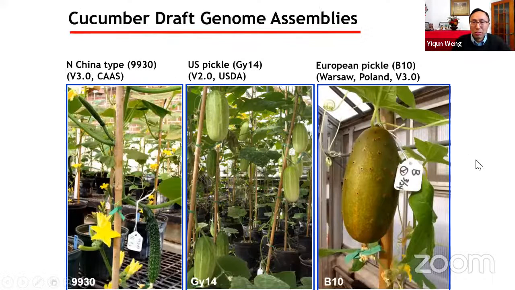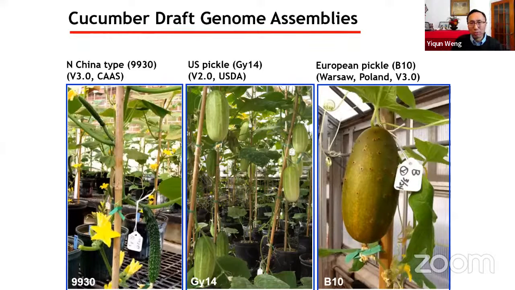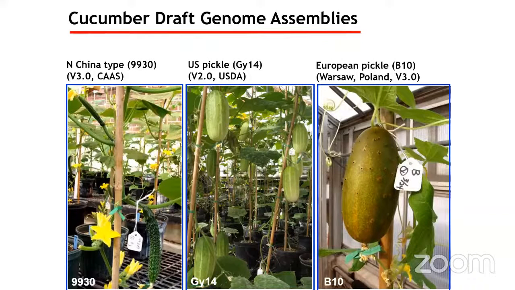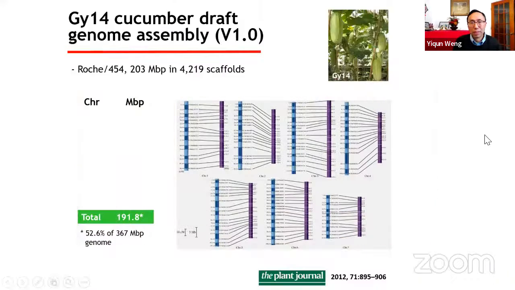So when you talk about cucumber, over the last decade we have developed cucumber genetic and genome resources, a significant increase of these. For example, we have at least 3 cucumber lines with draft genome available, and now we have more than 10 at this time. This is the GY14 pickling cucumber. We developed a draft genome